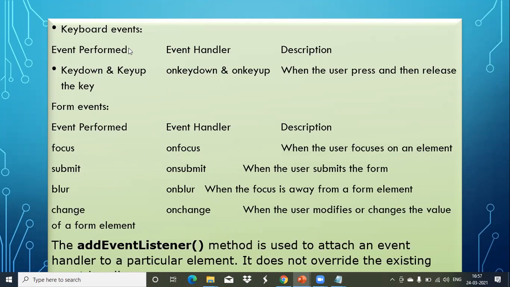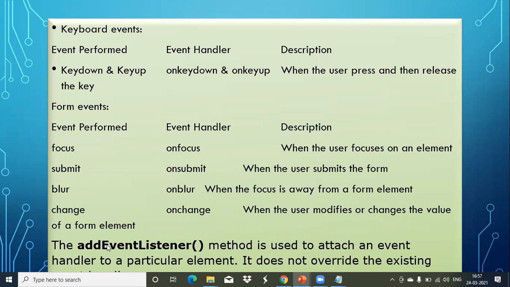That means when I click inside a text box, you are focusing on that particular element, the input type text. So what should it perform? On submit, when submitting a form. On blur, when the focus is away from a form element. On change, when the user modifies the value of the form element. So all these are form events.